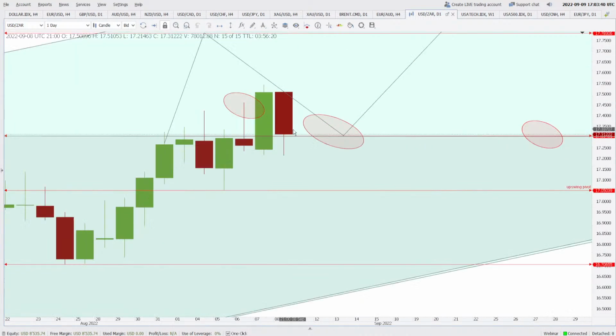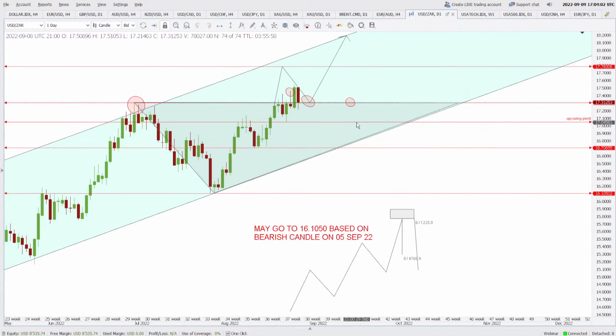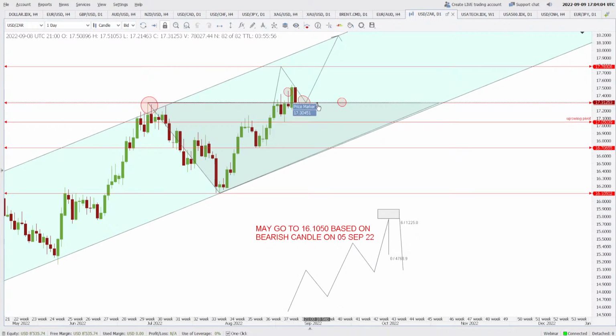Now this support, if it holds today, my friends, mark my words here, if this support of 17.3045 holds today, then we are going to see 17.7830 in this market. Only if it closes above 17.3045 today, we are going to see 17.7830 in US dollar against the South African rand. That is the point. But if it closes below that, then we can say safely that 17.0503 will be exposed in this market. Okay,